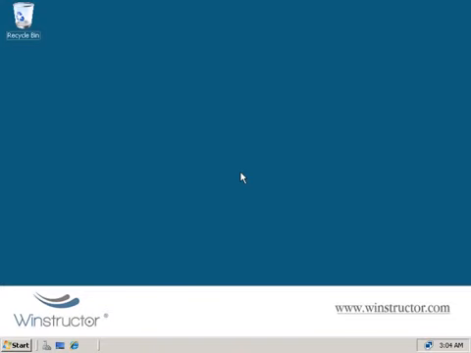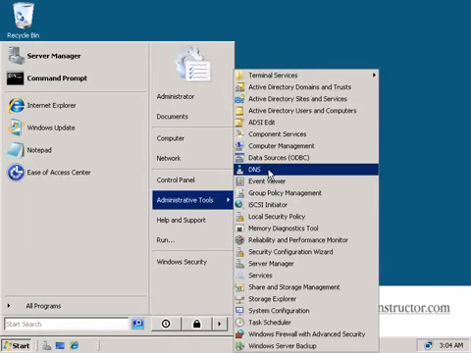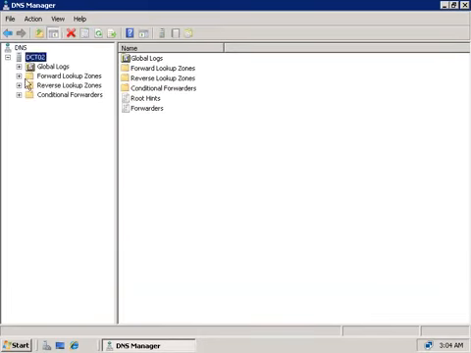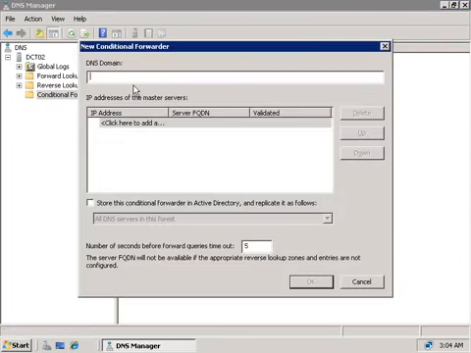Now I've just switched over to the winstructorsales.com domain controller, and we'll need to configure a conditional forwarder to the winstructorlab.com domain. So again, we'll click on Start, we'll choose Administrative Tools, and we'll fire up the DNS console. Now we'll expand our server over here, DCT02, and we'll select Conditional Forwarders, and we'll right-click, and we'll create a new conditional forwarder.